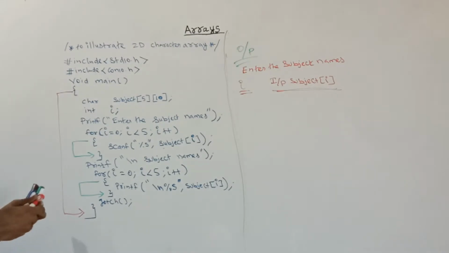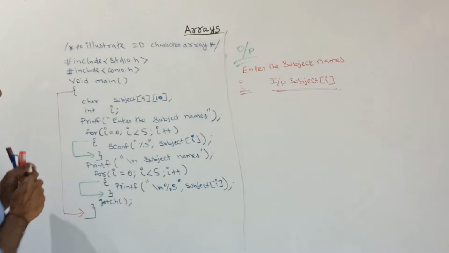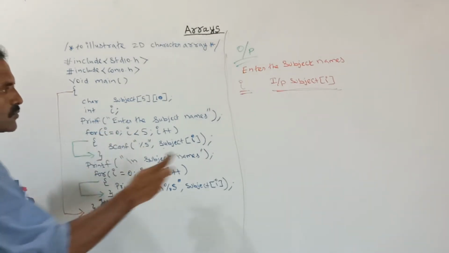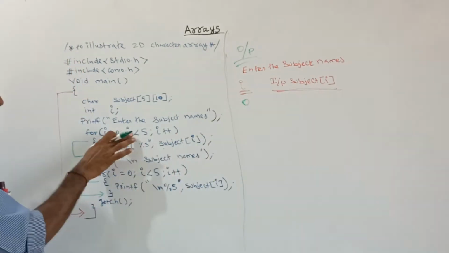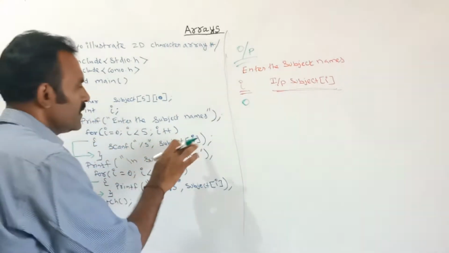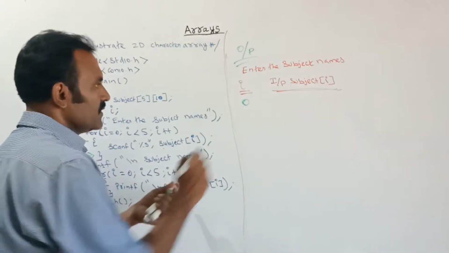See, now let us see about the iteration value. Here, very first, I is equal to 0. It checks the condition, the initialize value. This condition is true, so 0 is less than 5. It comes inside. Here I am getting the input to the subject of ith value. Now the I value is 0. So subject of